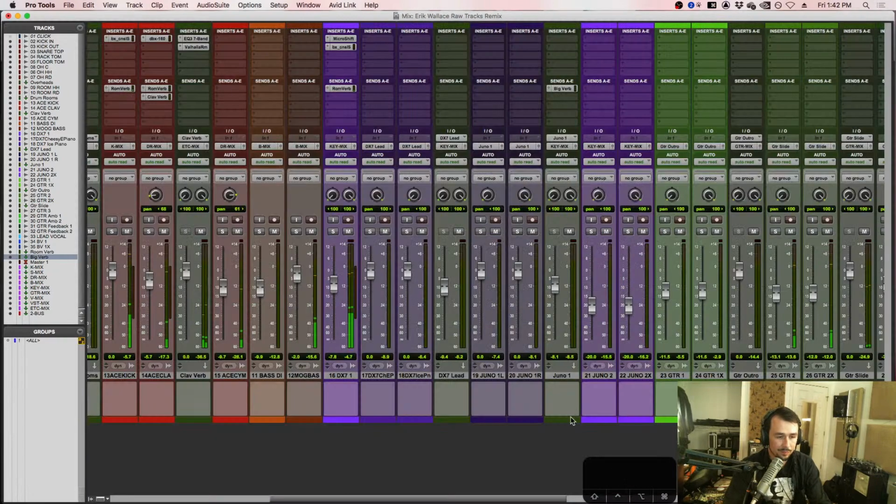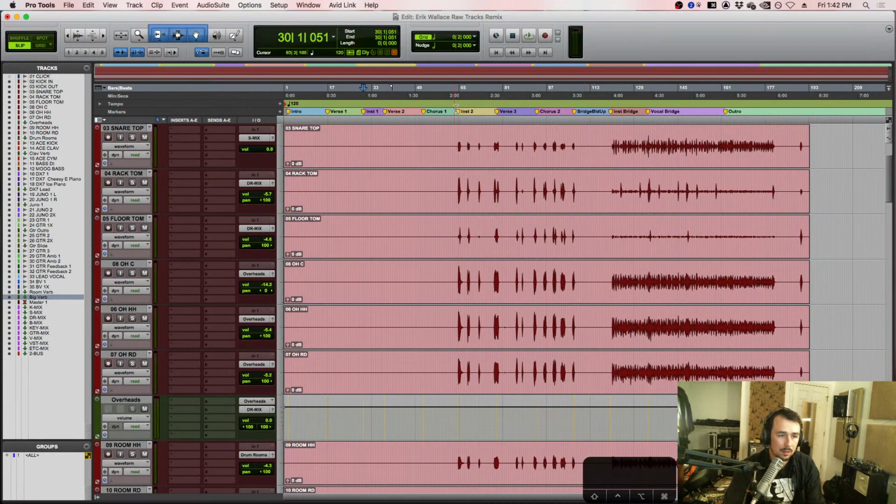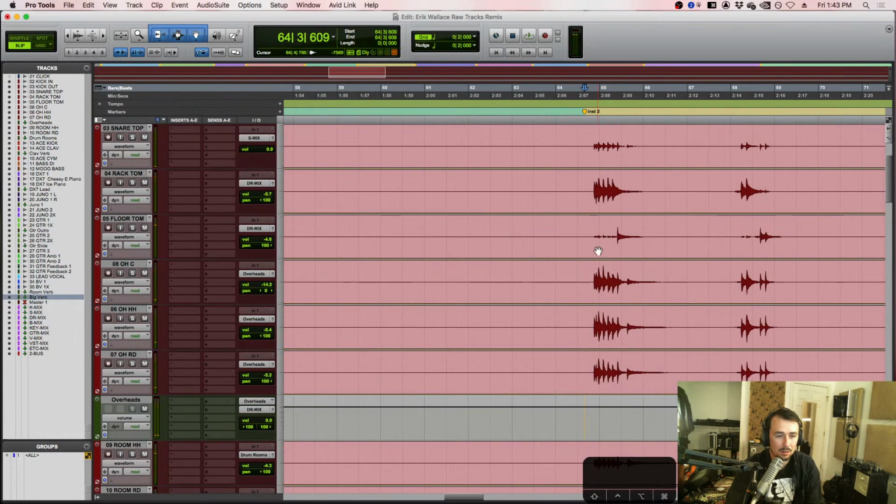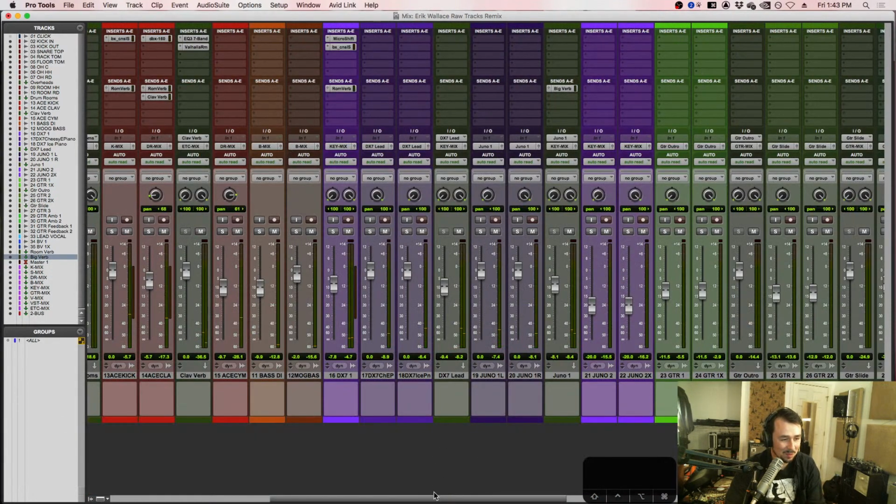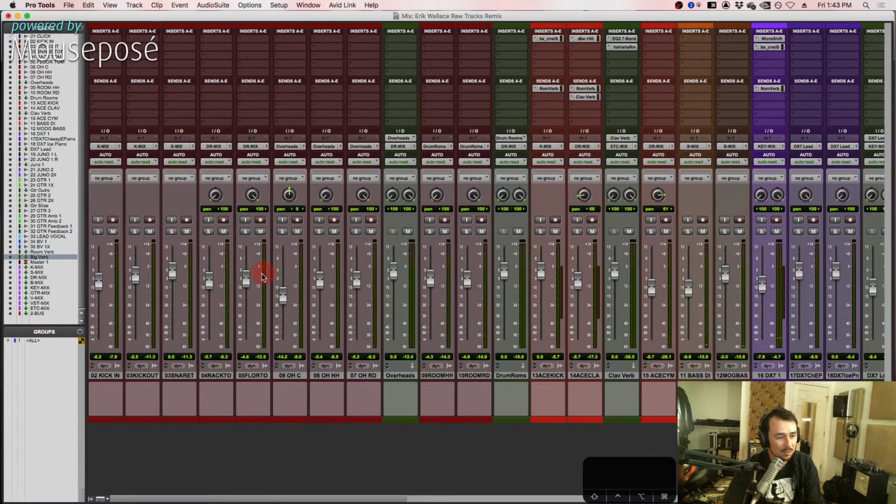Okay. I think we're sitting in a pretty good spot. Let's dial in this drum sound. Drums are already sounding pretty epic. Right? Like that's a pretty huge sound. So it's not like we got a whole lot of work to do on this, but